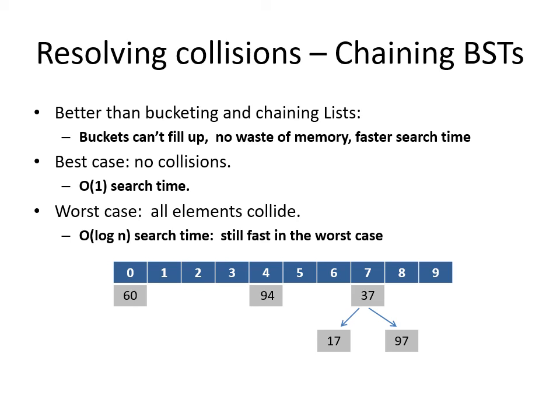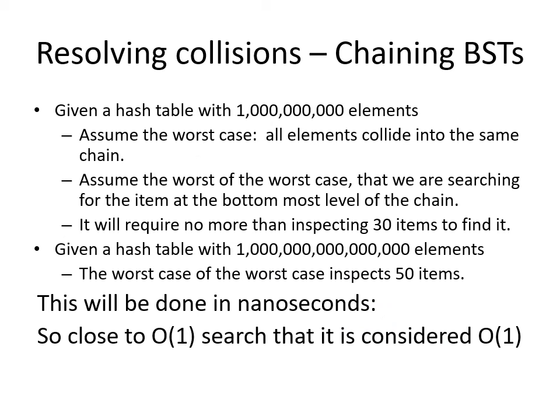We're not wasting memory because they have this one-for-one memory efficiency. They don't have their own internal buffer space. And we get a much faster search time. Same best case situation, no collisions, no problems, constant time search. The worst case, though, is much better. If every single element collides into the same hash code, we now go to a logarithmic search time, which is still pretty fast. So consider with that logarithmic search time that if we've got a lot of elements, if we've